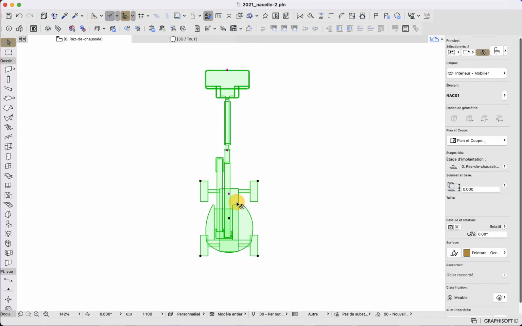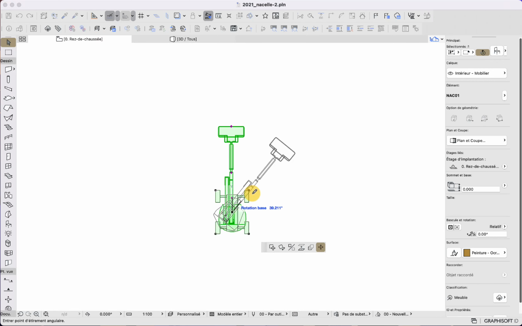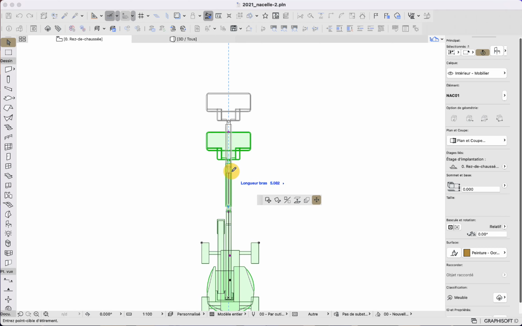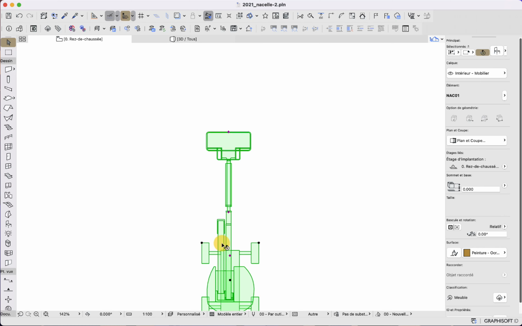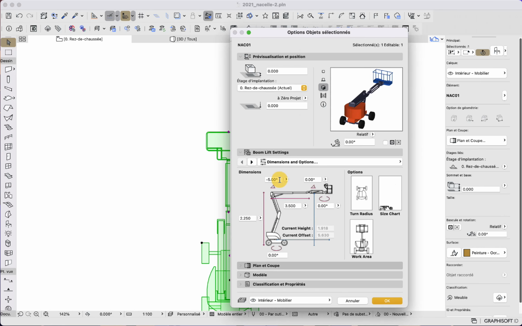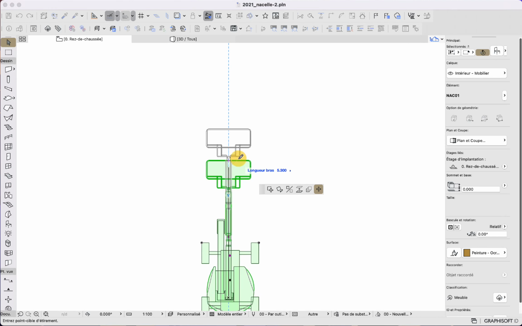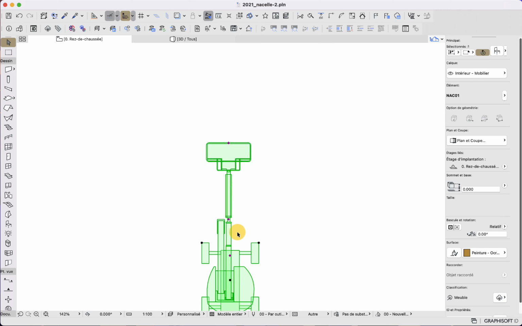So in 2D here, what I can do is rotate the machine and the basket as well. I can also extend the arm, which extends according to the angle. Here the angle is at 0, so obviously the translation is simple. But if there is an angle, for example here I put 45, we will see that the translation is a bit slower because it takes into account the angle as well.